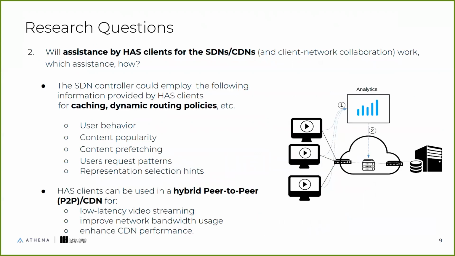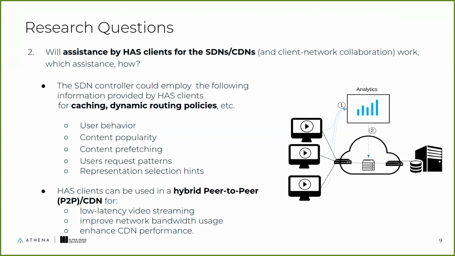For the next research question, we want to investigate whether assistance by the HAS client for the SDN and CDN works, which assistance, and how. The SDN controller could employ the following information provided by the HAS client, for example, user behavior, content popularity, content prefetching, etc., for different purposes like caching, dynamic routing policy, etc. Also, we can use this information in a hybrid peer-to-peer CDN framework for low latency video streaming,